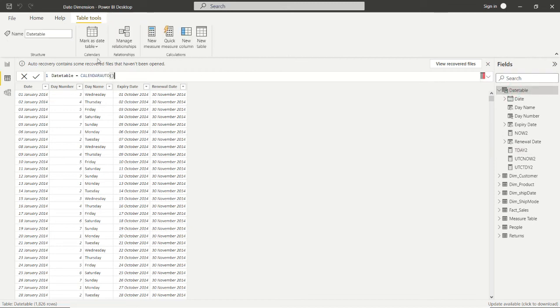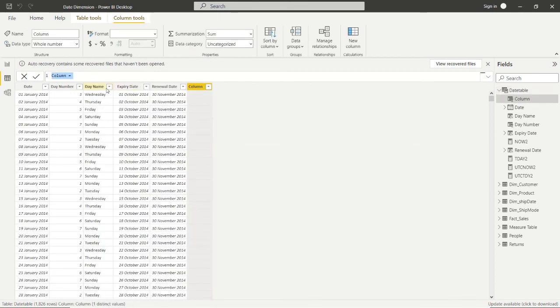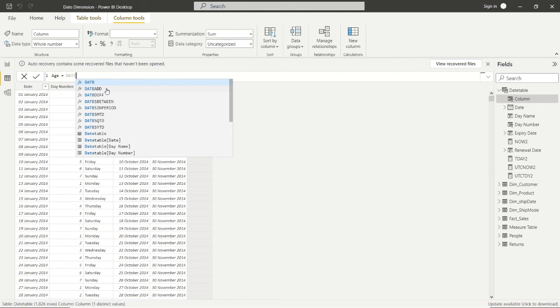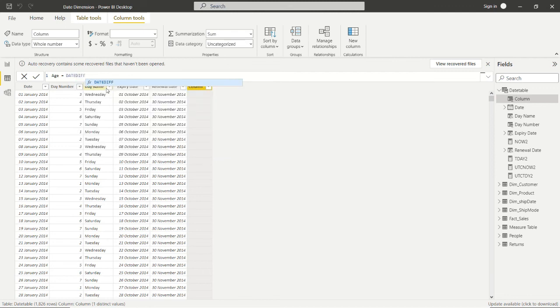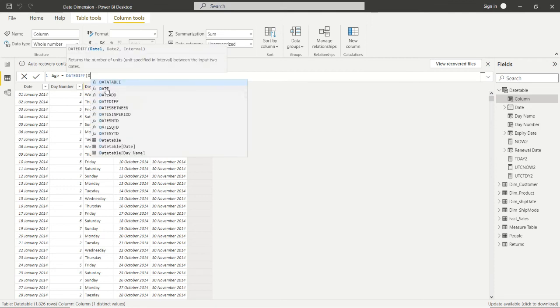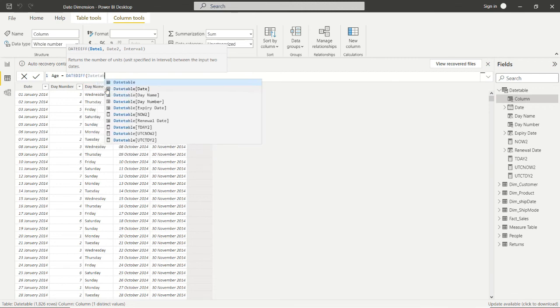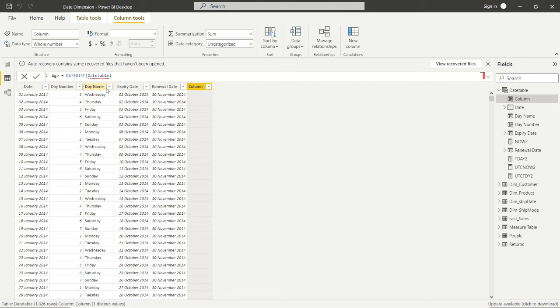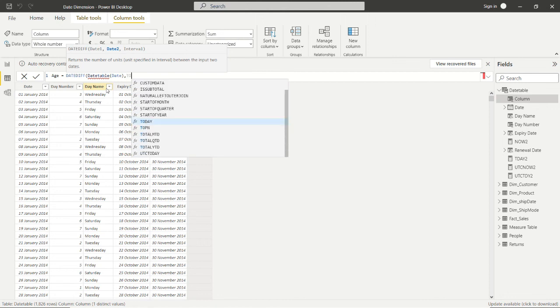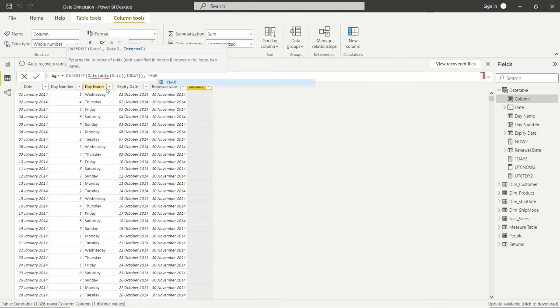So new column, just take a variable here, age is equal to DATEDIFF, date table date, will take from today, will take year.